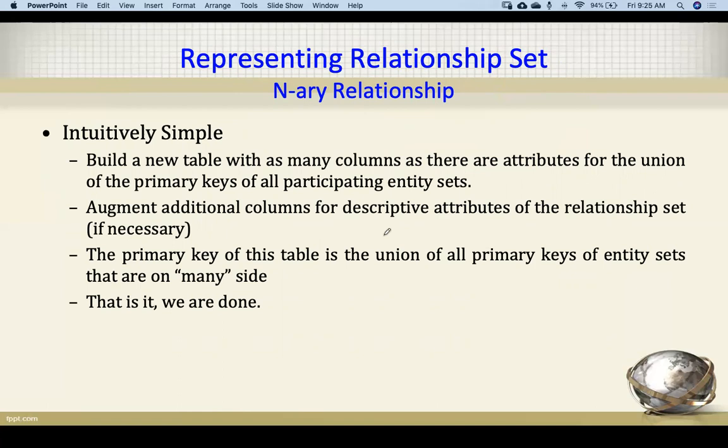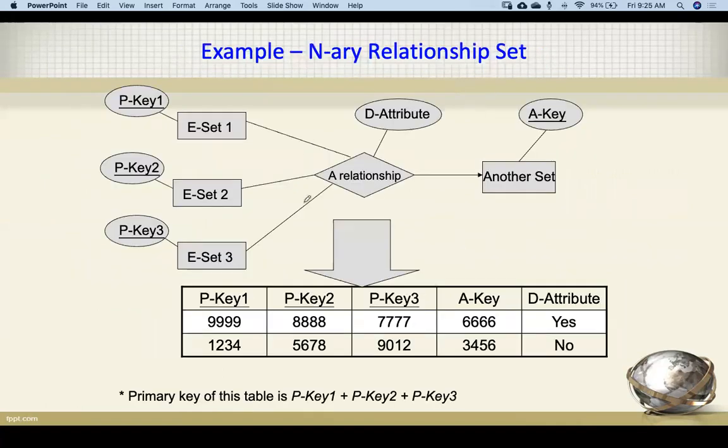N-ary relationship. So what is an n-ary relationship and how can we use it? Generally, in the relationship, it may look like this. So we have n number of entity sets which are related with one relation only. How can we make the table for it? If you want to create the table for this relationship set, this attribute is coming here. Here we have one, as you can see here we have n, but there is no total participation. So it will be like that.